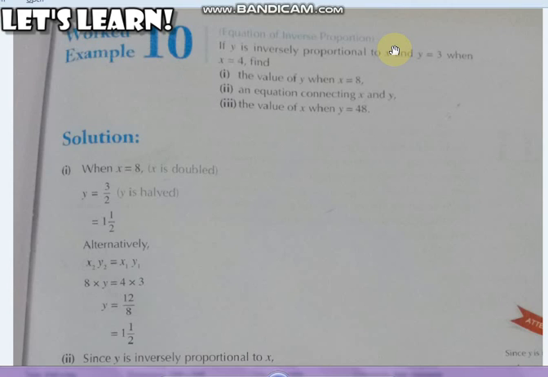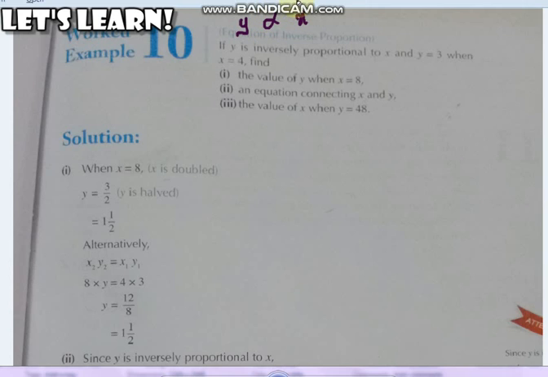So in today's class I will be showing you when to use an equation and when to use a table format to calculate the values. If you look at the question carefully, the question says: if y is inversely proportional to x. This first statement is telling me very clearly what connection there is between y and x. Between y and x there is an inverse proportion relationship.